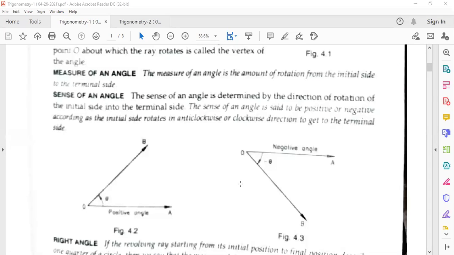Is this understood? So according to the direction from the initial line to the final line, if the direction is anti-clockwise, then it is a positive angle. If the direction is negative, then